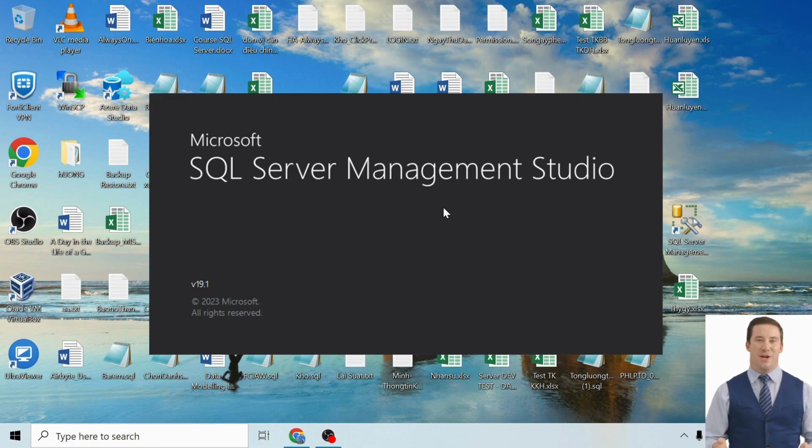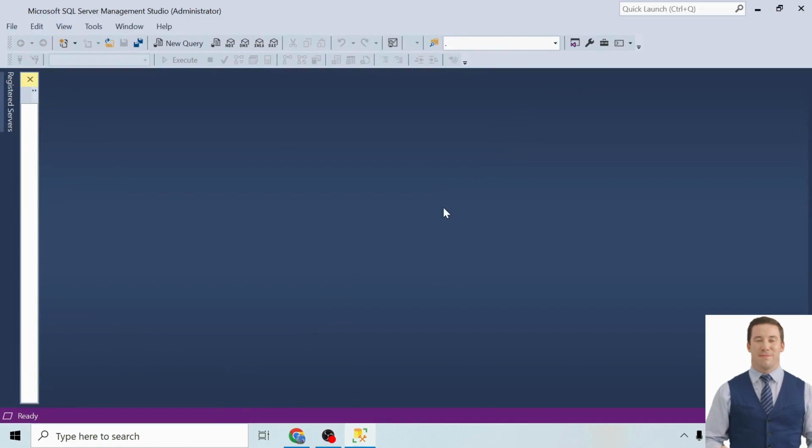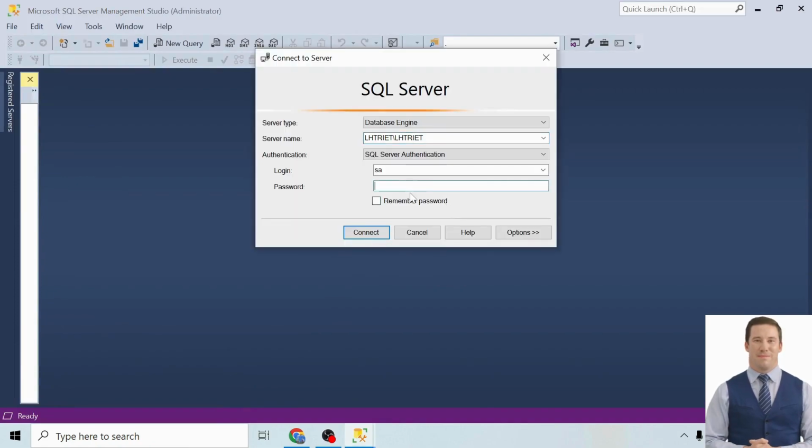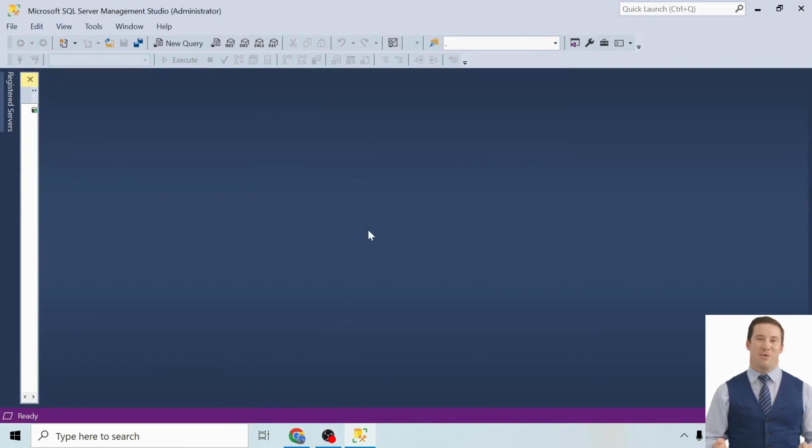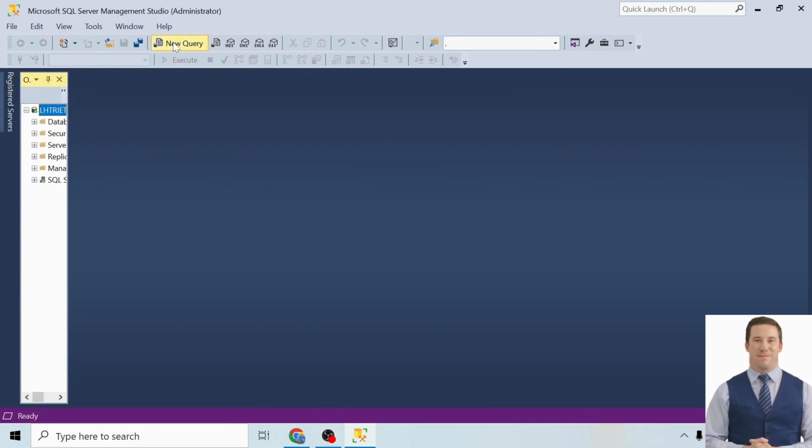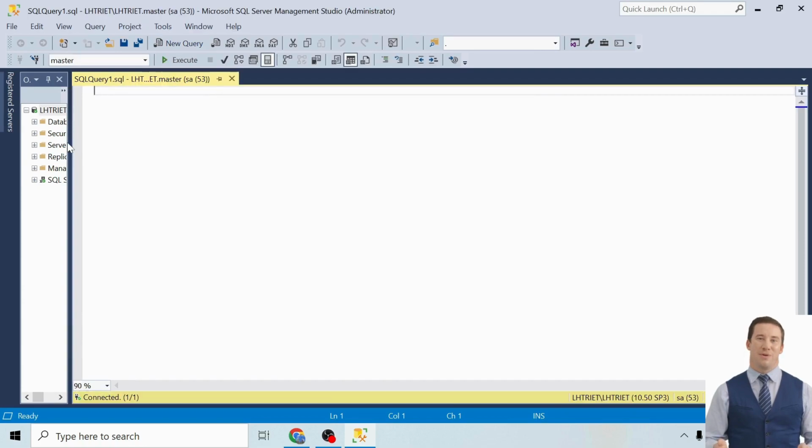This is our server name, and I'm going to use SQL Server Authentication only. I input the login name and password, click on connect, and there you go. You can see it is rightly connected with the SQL Server on my local computer. I write a simple